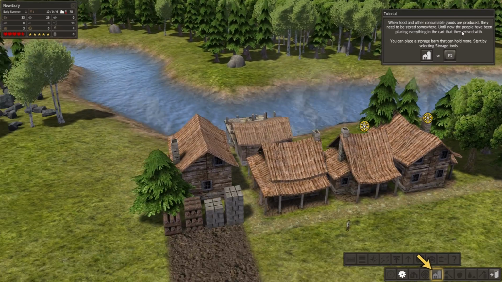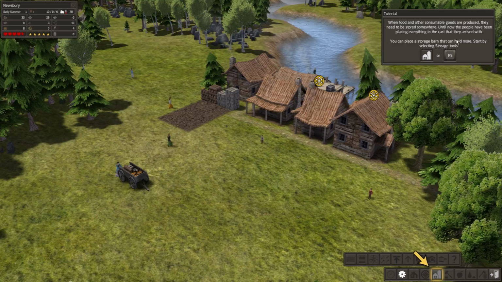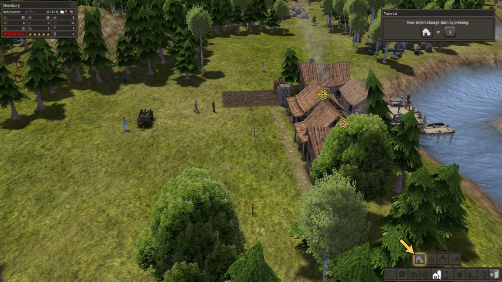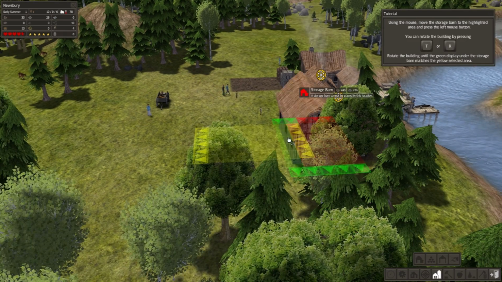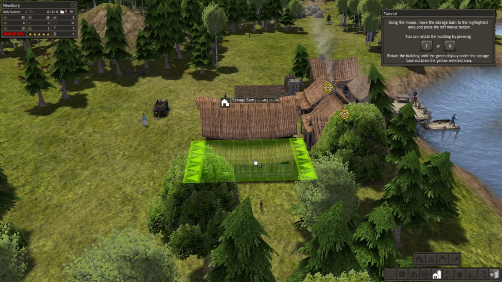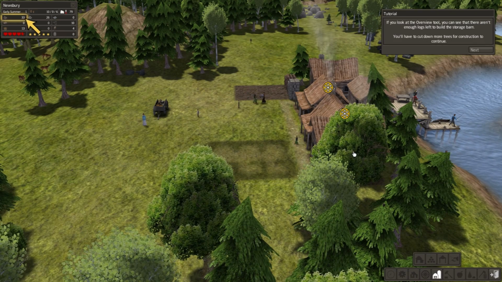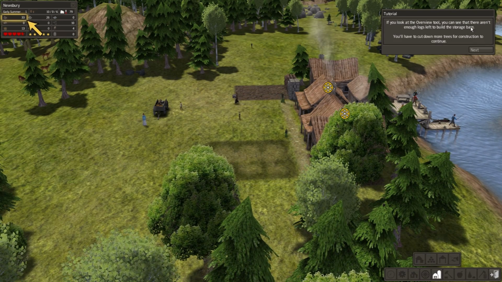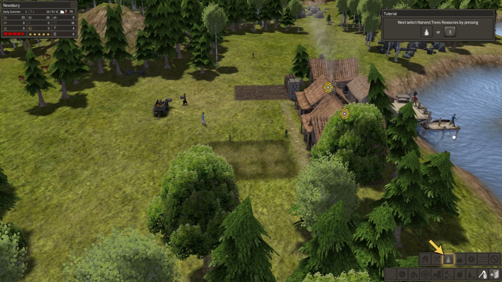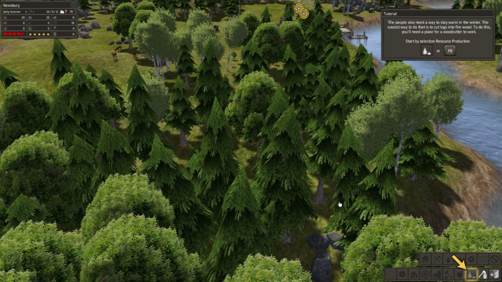When food and consumable goods are produced, they need to be stored somewhere. Until now, people have been placing everything in the cart they arrive with. You can place a storage barn and hold more. Cool. Storage barn. Rotate the building until the green display. Look at the overview, you can see there are not enough logs for the storage barn. You have to cut down more trees. Remove resources, harvest trees. And boy, these guys are just going to mosey through the...